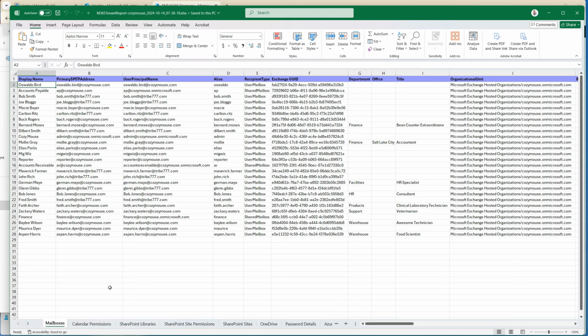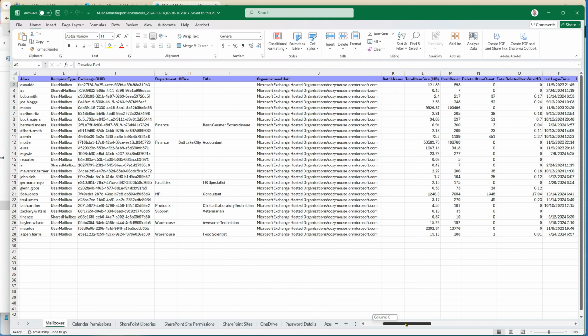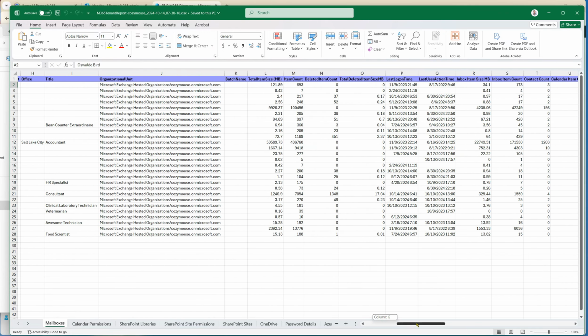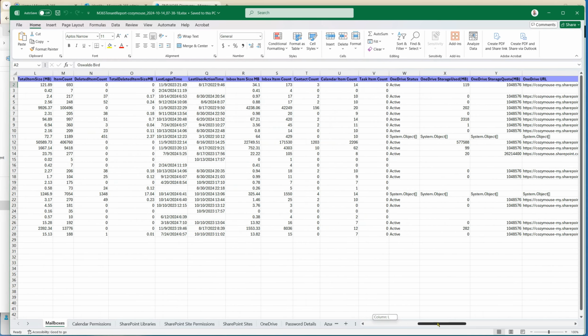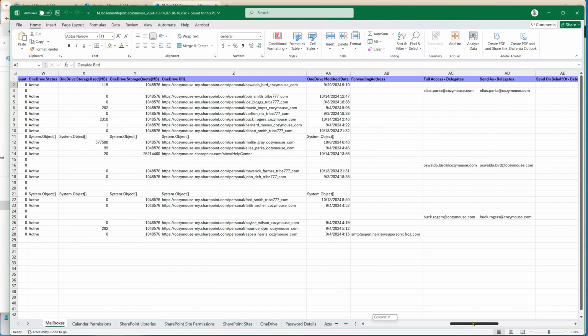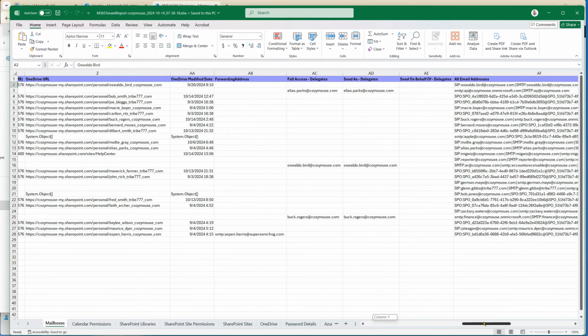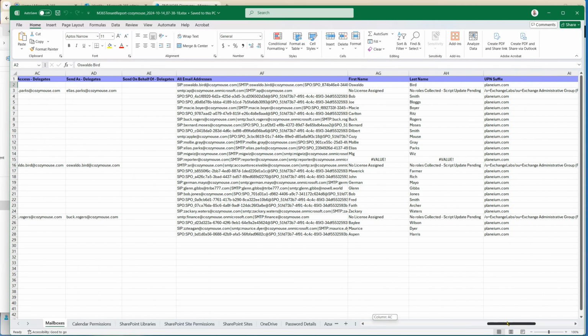Now, how I designed it was so that you can use your filters effectively to get the data that you want out. So you can see here all our users, all the information around the accounts, the total sizing, deleted items, last logon dates, OneDrive. I mean, there's a lot in here, including all the delegate items, all the email addresses, last name,